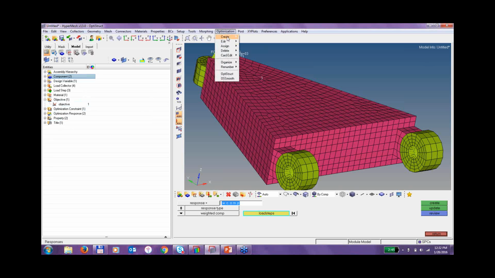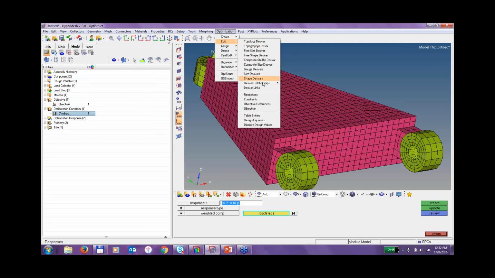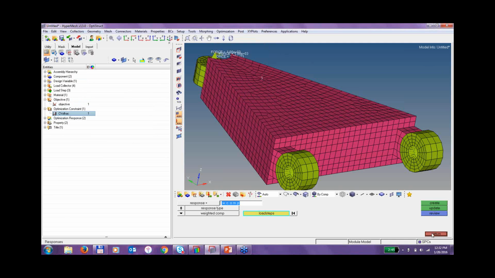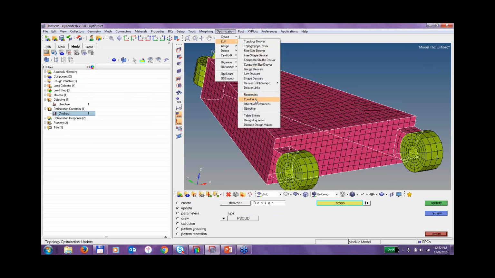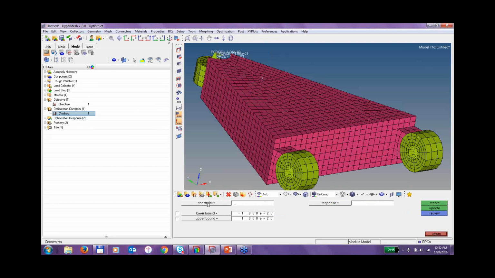And then we set any constraints. We have an optimization constraint here, so let's take a look at that. Edit the constraint. Optimization, edit constraints. So we have set a limit on the volume fraction. So we want this to have no more than 30% of the material remaining. So we've essentially told this, get rid of 70% of the material